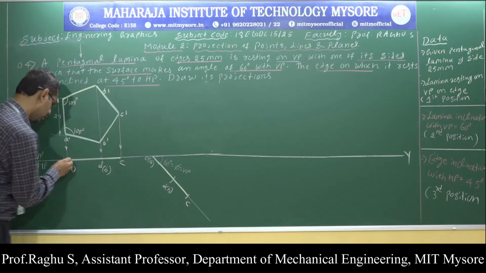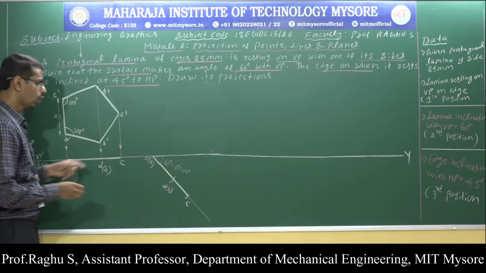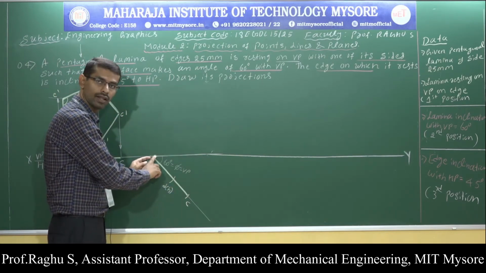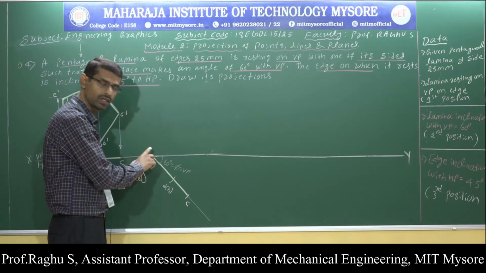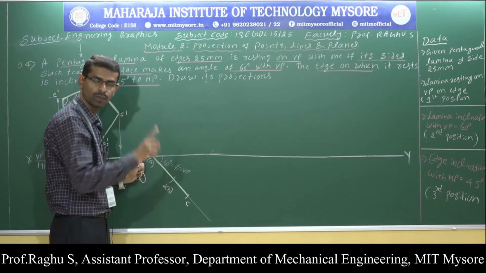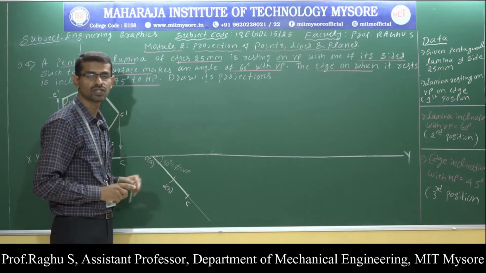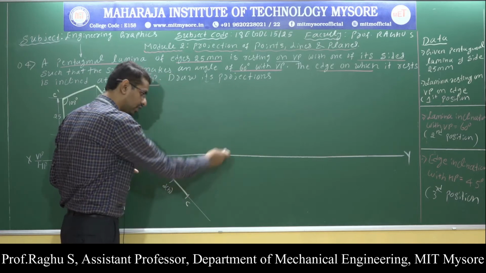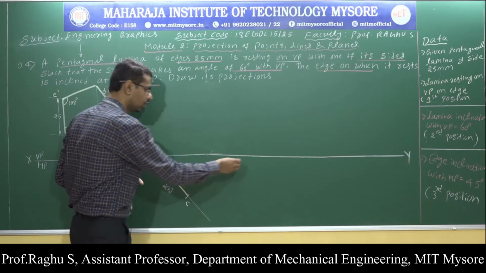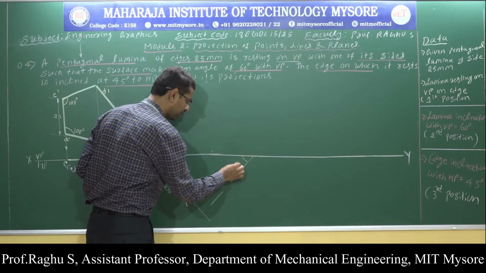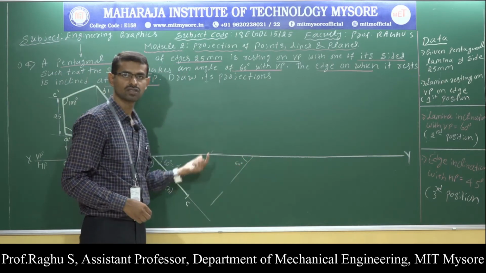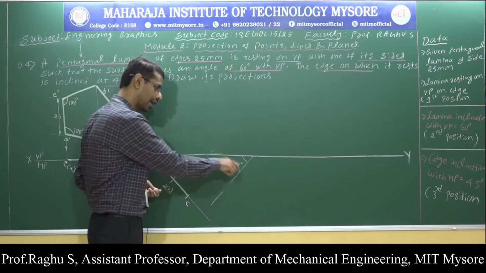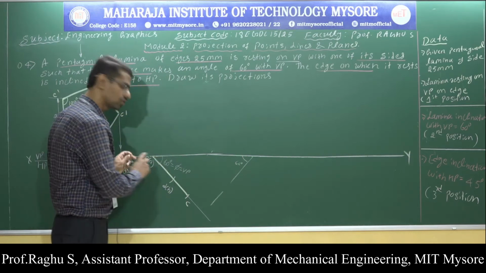Next, you have to tilt the lamina like this, such that the left side is resting on HP, meaning resting on the XY line, because in these problems I have considered the left side as the resting condition. You should not draw the inclination in this direction. Suppose you write the 60-degree line in this direction, then the resting side will come on the right side. Therefore, you should not write like this, you should write like this only.